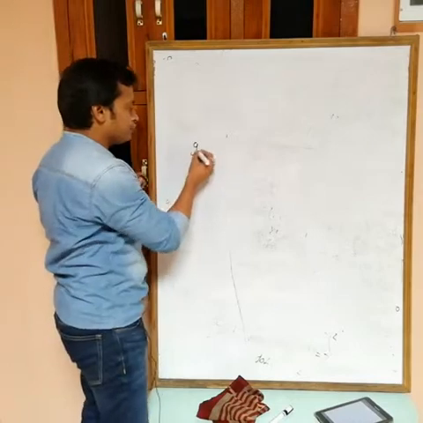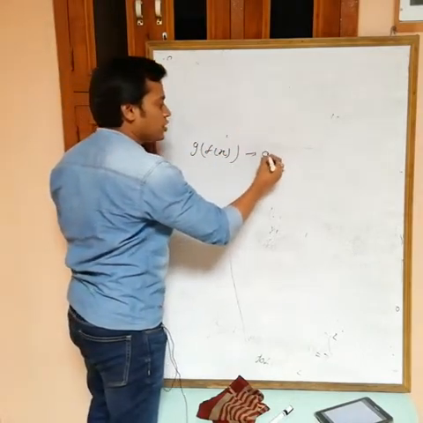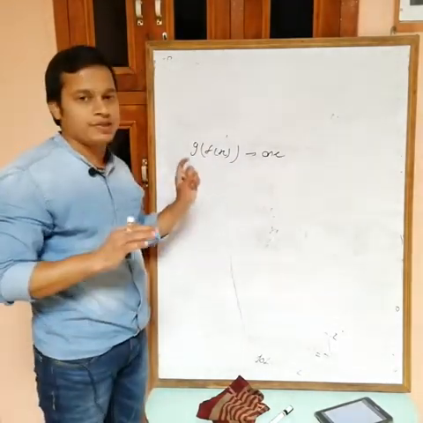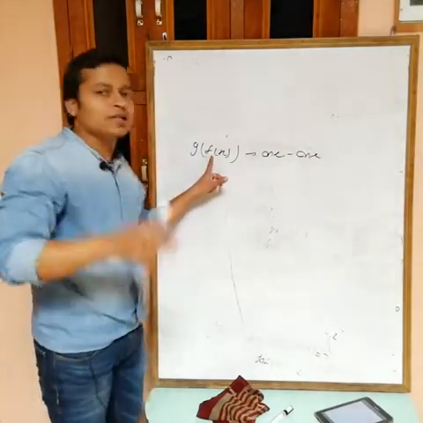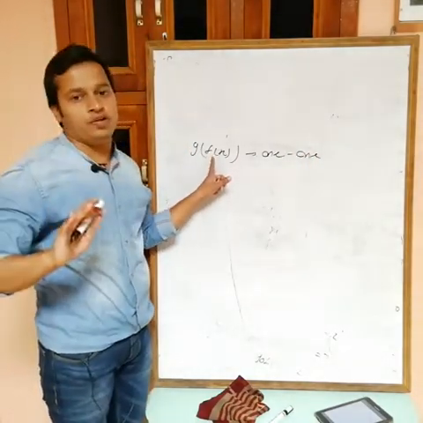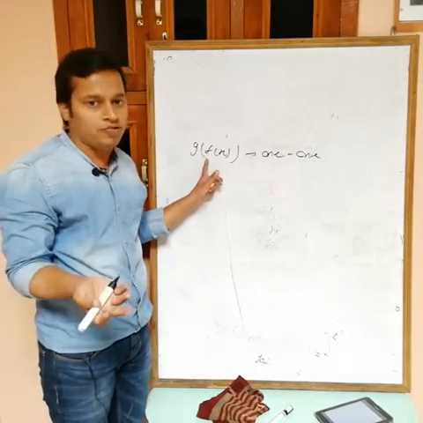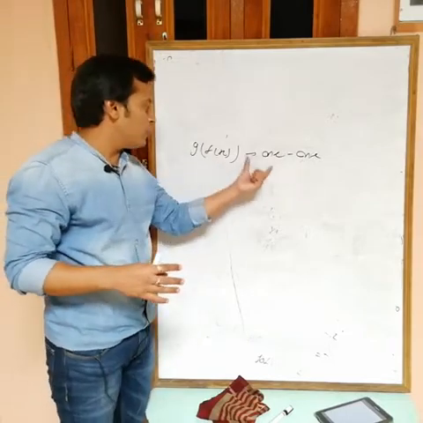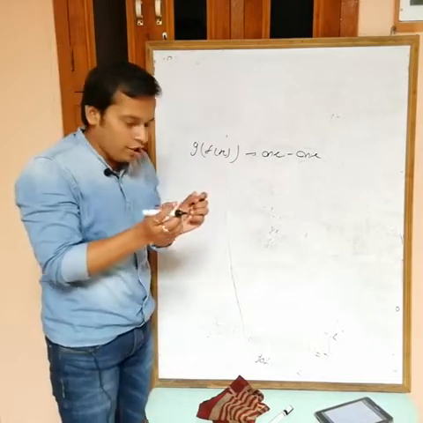Actually no. If g of f(x) is 1-1, then we have the condition only for f. If this one is 1-1, then f must be 1-1, g may be many-1 or may not be 1-1. If both are 1-1, then also okay. But if this one is 1-1, then f is necessarily 1-1, because suppose f can't be many-1.